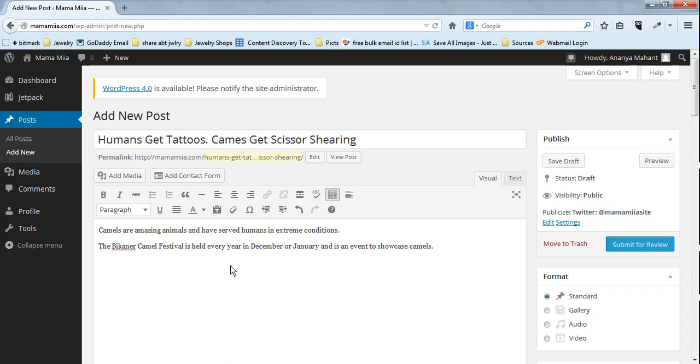Okay, and let's say we are going to enter some pictures, and we say picture 1, and underneath it we will enter picture 1, and so on and so forth.